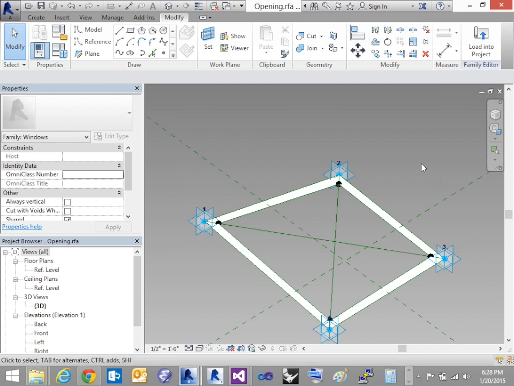Over here it's a regular square, but when I'm over here it's not. So you have to